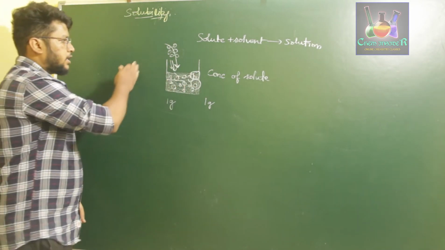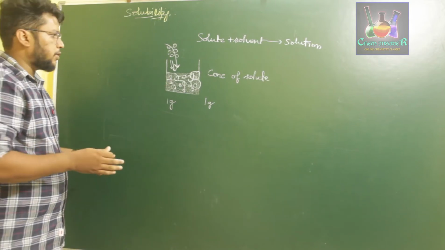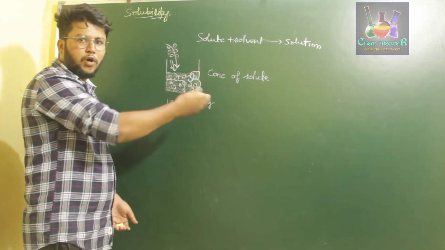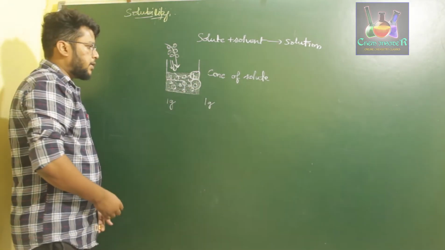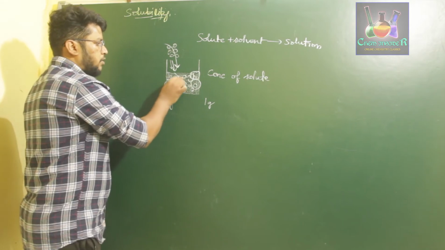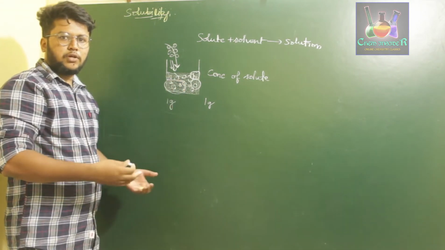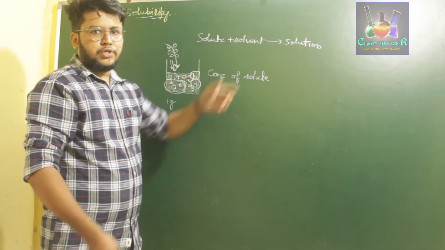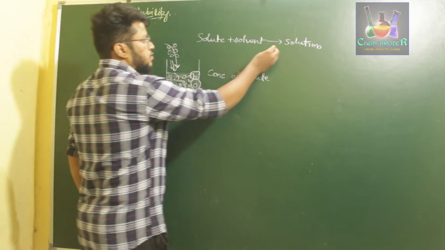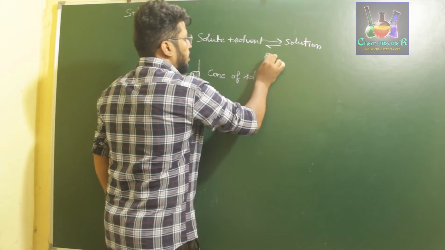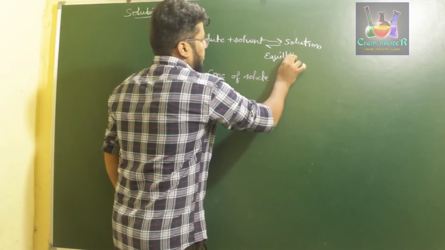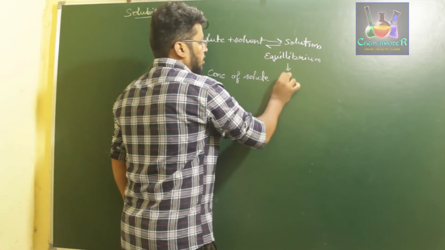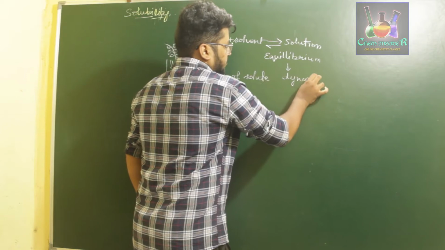If you go on increasing the solute, at a certain point of time the amount of solute added and the amount of crystallized salt formed will be the same, and during that period the amount of solute already present in the solution will be constant. That is, the solute added to the solvent to form a solution will be forming back. That is when we come across a situation of equilibrium. This type of equilibrium is called dynamic equilibrium.